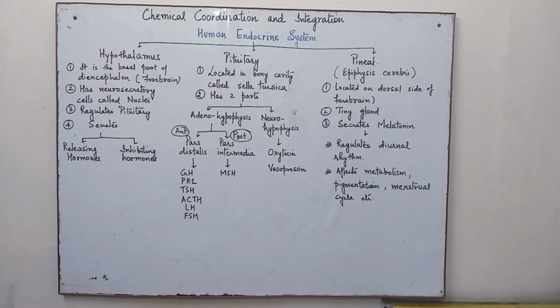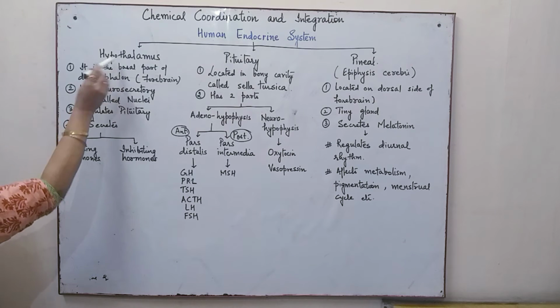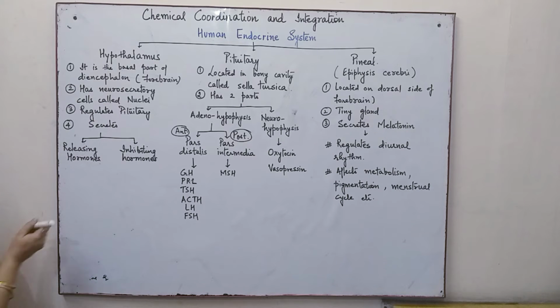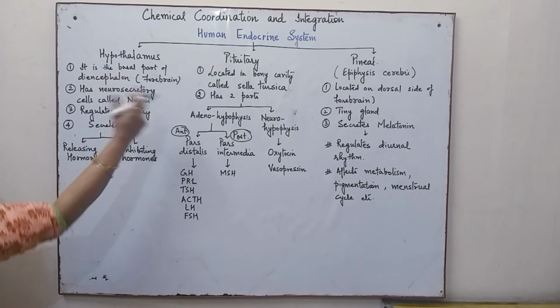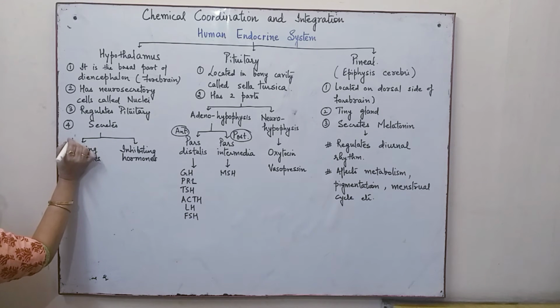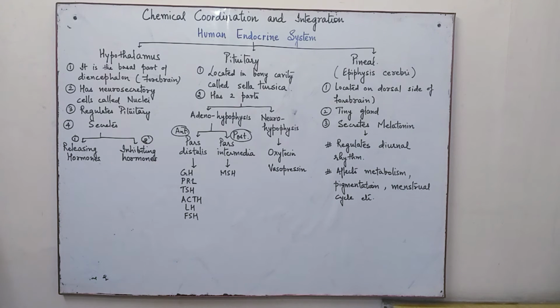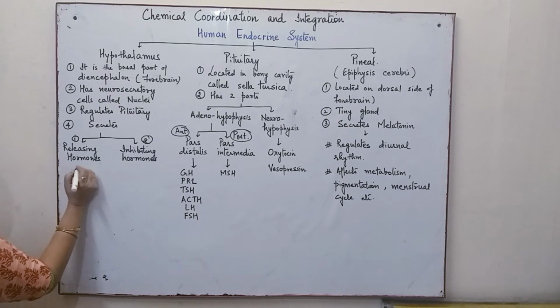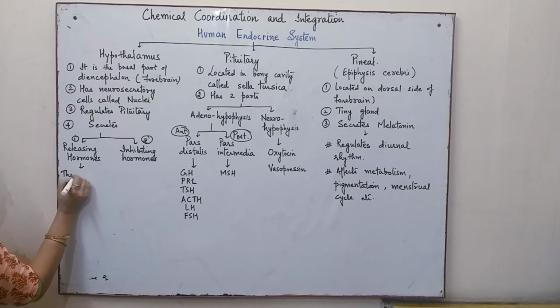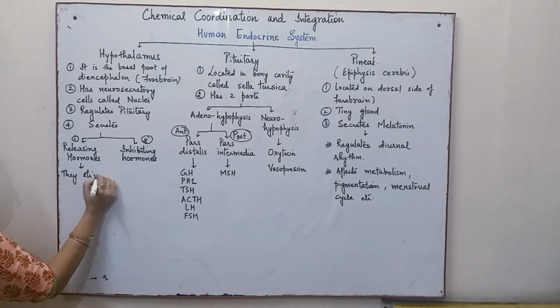The hormones which are produced by the hypothalamus are categorized or are divided into two depending upon what kind of action they are bringing about in the pituitary. So the first is the releasing hormones, and the second is the inhibiting hormones. And you can make out from the name, that is the releasing hormones will actually stimulate the secretions. So they stimulate